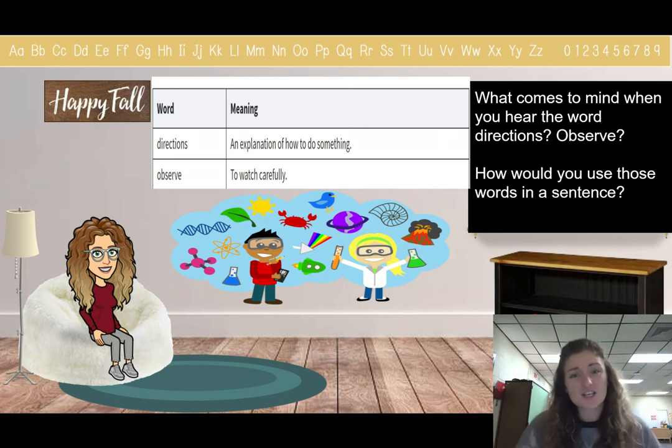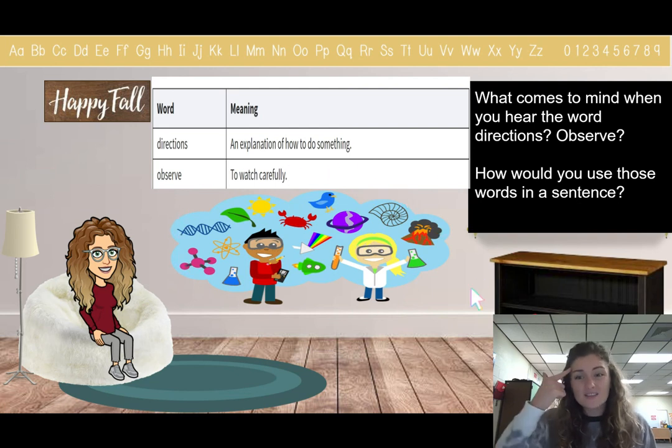And for directions, you guys know this word. It's an explanation of how to do something. So if Miss Mason gives you directions on how to create a sculpture, that means I'm going to give you some details on how to make that sculpture, right? So directions are an explanation of how to do something, and observe means to watch carefully.